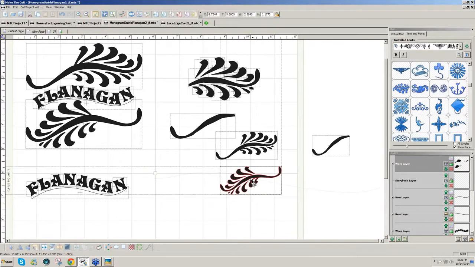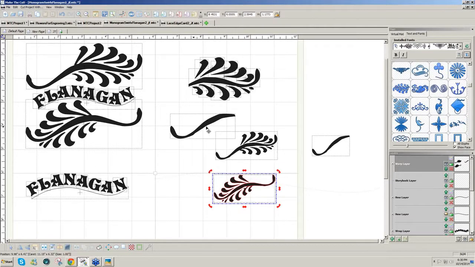Then I just had to decide on, well, what curve would I like? Now I could use this for the curve, but I found that if I use more of a flat curve,